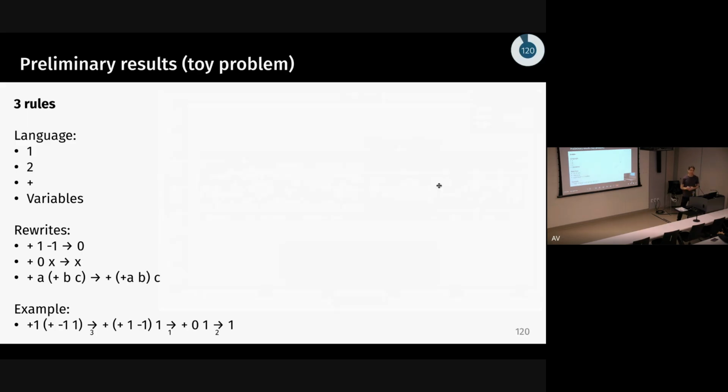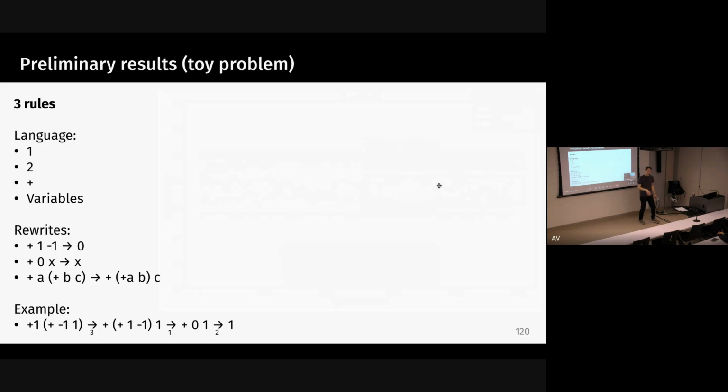Then we move on to a slightly more complex problem with 3 rules now. So this is a different language. We have the number 1, number 2, plus n variables. And I'm using an infix notation. Are you all familiar with infix notation? So this is really, I'm doing plus 1 minus 1. So I'm doing 1 plus minus 1. Okay? 0. The other rule tells me if I sum 0 and x, I get x. And this is associativity of addition. Okay? So if you just have these rules and you have a little example of how they could be applied,